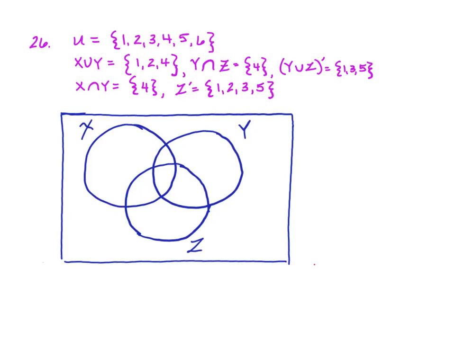So here is number 26. This is the one where they have given you the universal set is 1, 2, 3, 4, 5, 6. So that's why I drew a square. And I'll go ahead and put a U outside there just to indicate that the universal set is anything within